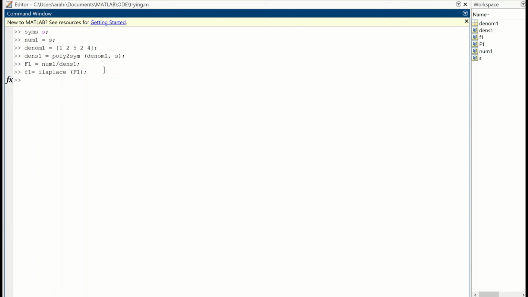For the next equation, we can simply write numerator 2 equals to